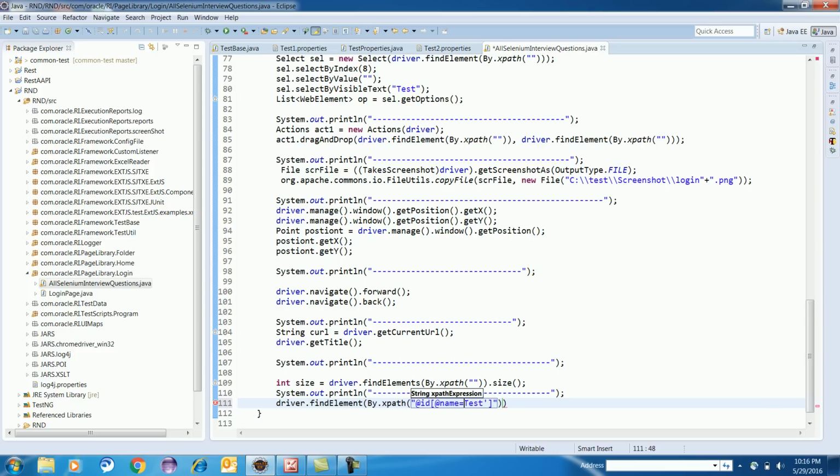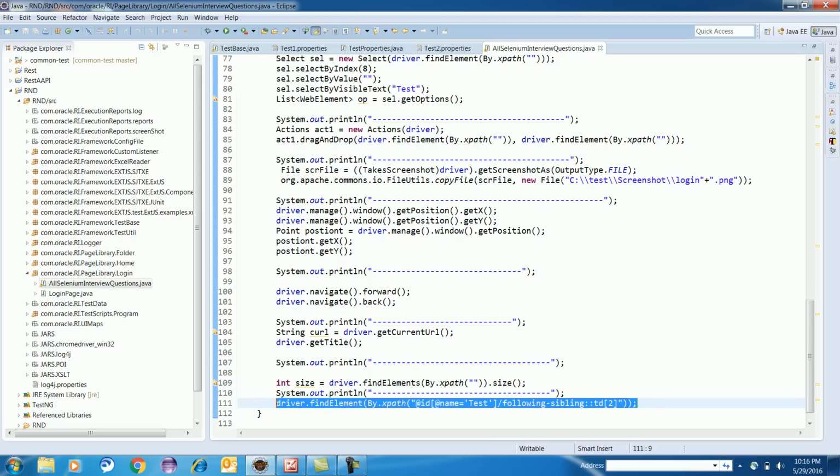Okay, this is your x path, and after that you can write following slash sibling colon td2. So that's how you can write following siblings.